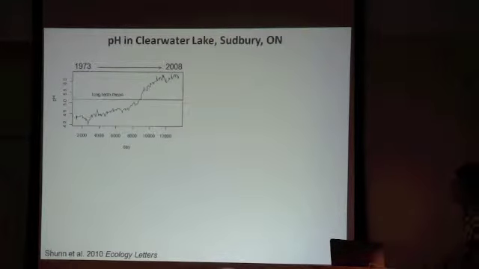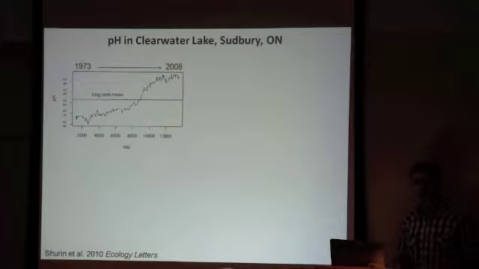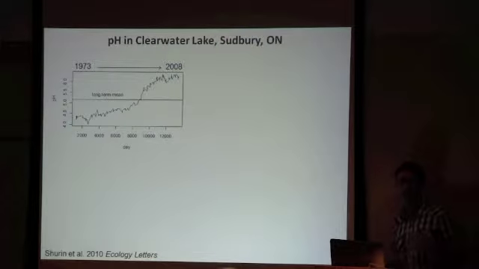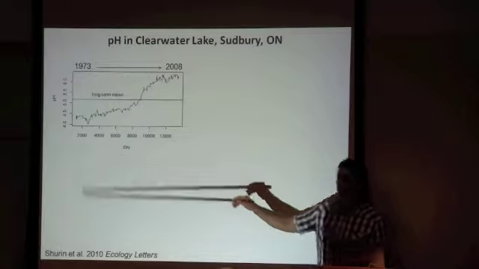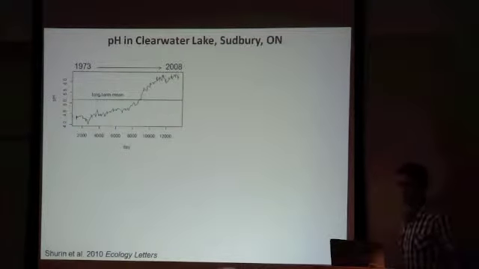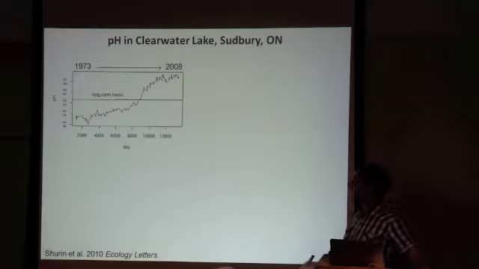So here's an example. This is a classic lake in Canada that was acidified by acid rain in the 50s and 60s and 70s. This was the dominant environmental problem of that time. Emissions of sulfur and nitrogen from coal power plants mainly caused the pH to drop down to around 4 to 4.5. So a pH of 4 to 4.5 is extremely acidic. Very few things can live under those conditions. So no fish, no amphibians, virtually no insects, a few microbes and some bacteria and some algae, and that's about it. So this was recognized as a problem and things were done about it, and over time the